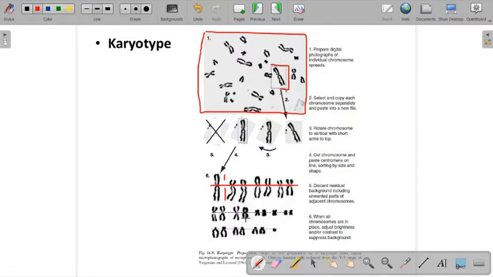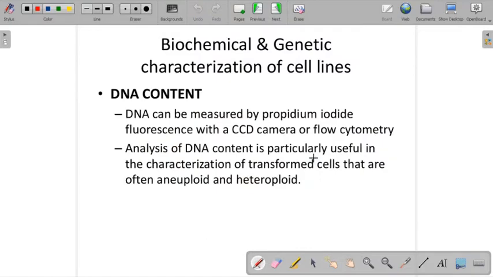Right here in this picture you can see 1 2 3 4 5 6 7 8 9 10 11 12 13 14 15 16 17 18 19 20 21 22 and 23. This is a sex chromosome, obviously. This is what the human chromosome spread is, and according to that we see whether there is any elongated segment or any triploidy condition or not. So we use karyotyping, and we understand whether that organism has some sort of abnormalities or not.